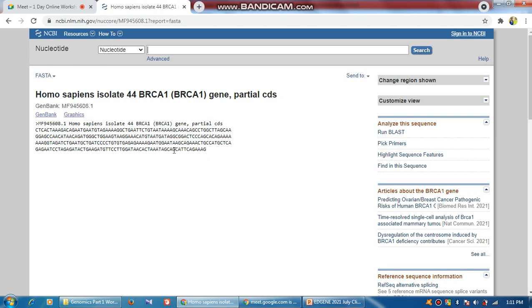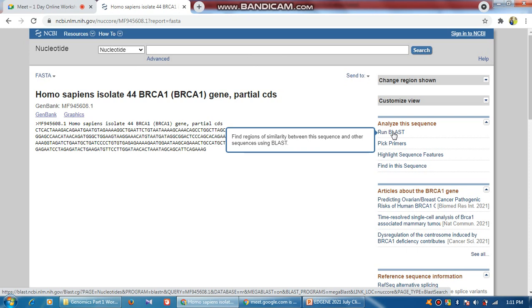So for example, now from this database you want to find out what gene similar sequences are present in this database. So what we'll do, go here. Okay, now this is your open database. Now we are going to run BLAST. Can you see run BLAST? If you can see run BLAST, then click on it. Okay, so we have clicked on run BLAST.